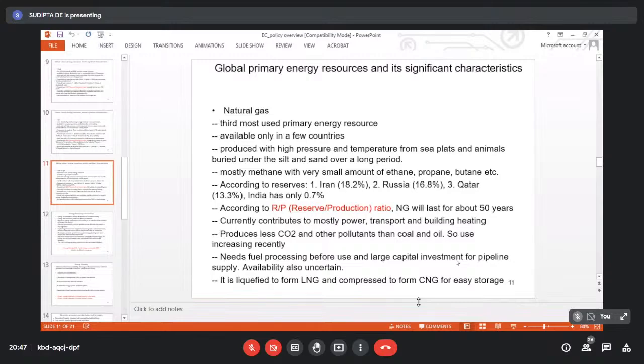Then, according to reserves, Iran has the highest for natural gas. And the interesting part of natural gas politics, or rather the real fact, is that India has a long drawn plan for how it can import natural gas. Oil you can import through ships. Ship tanks will be filled up and delivered, then it goes to the refinery, and then the products, liquid fuels, will be distributed in the supply chain.